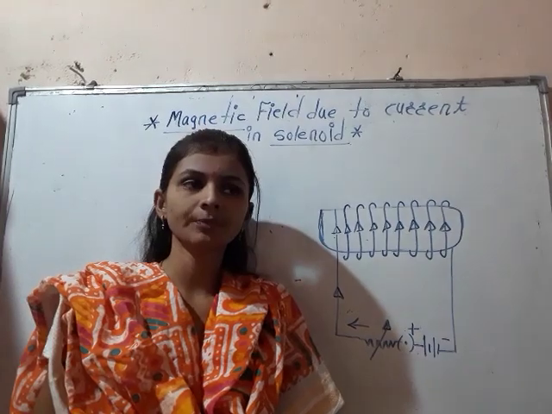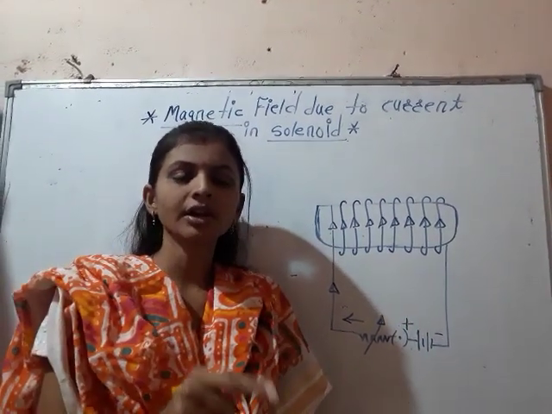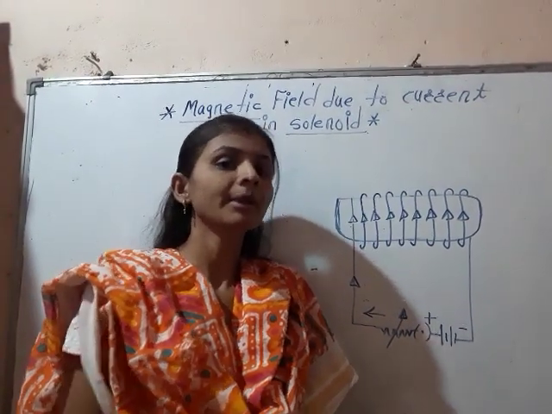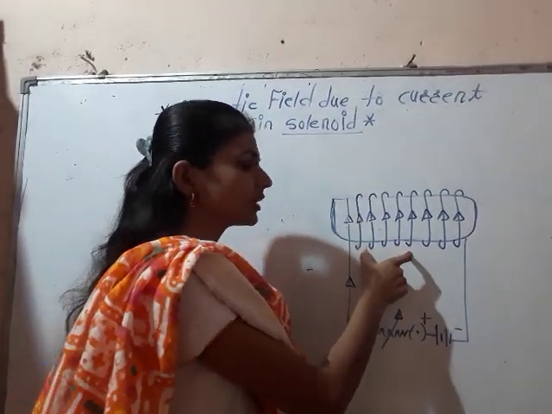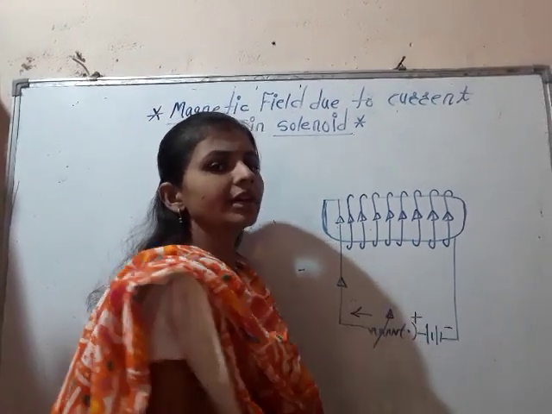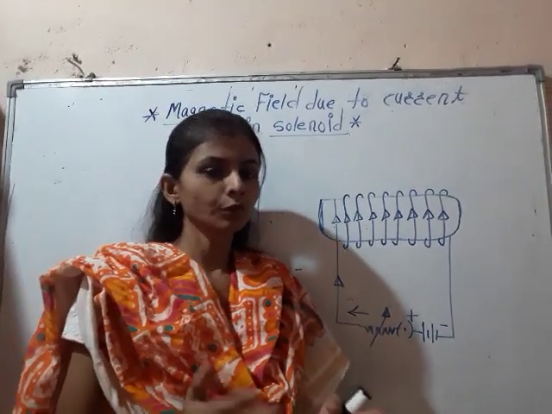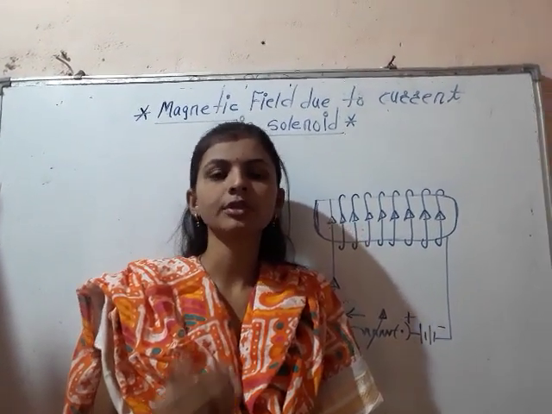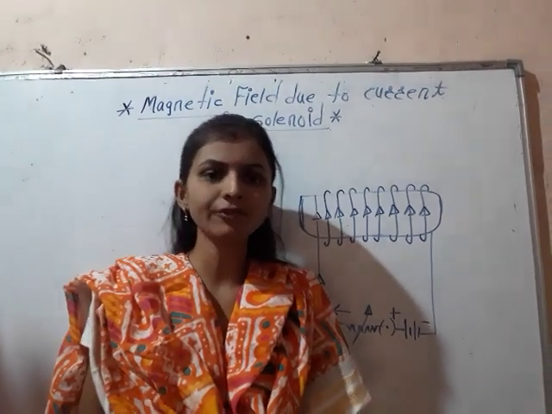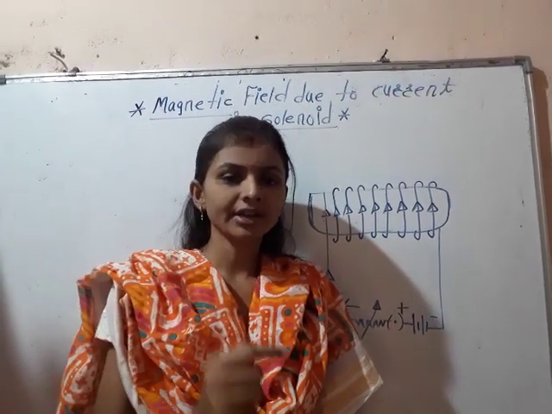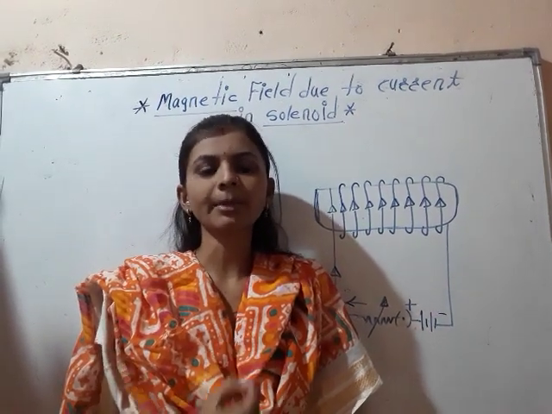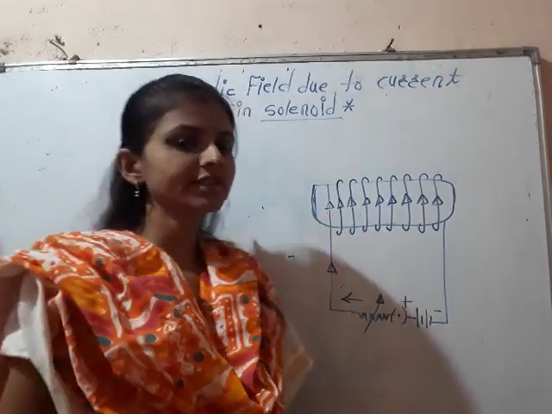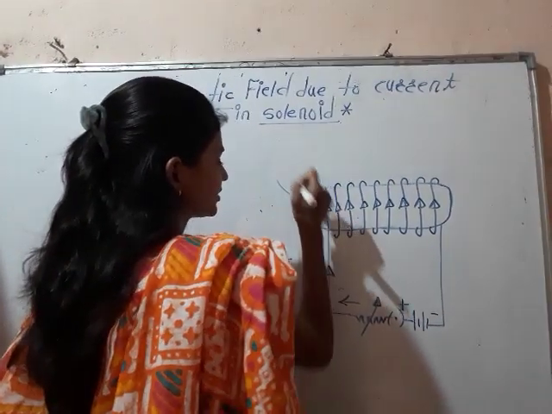Previously we saw that when current flows through a straight conductor, it produces a magnetic field around it, but there is no bar magnet. But here you can see that when the current is flowing through the solenoid, it behaves just like a bar magnet. All of you will know the property of the bar magnet. When the bar magnet produces the magnetic field around it, it creates circular paths around it, and some magnetic lines are inside and some magnetic lines are outside. Let us see what will happen. Some imaginary lines are like this way.